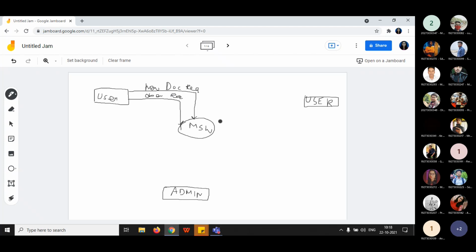Next, you can print the data, whatever you have done, so you can make a print request. All this data is flowing from user to MS Word.